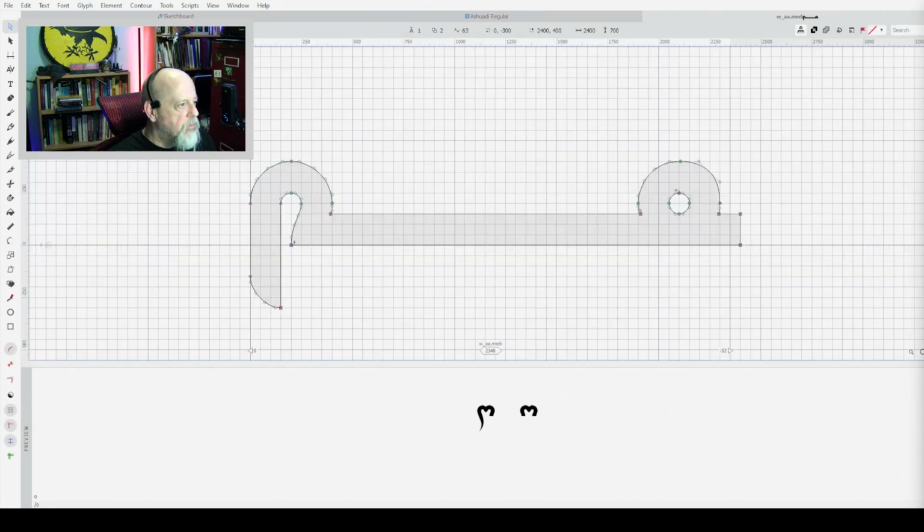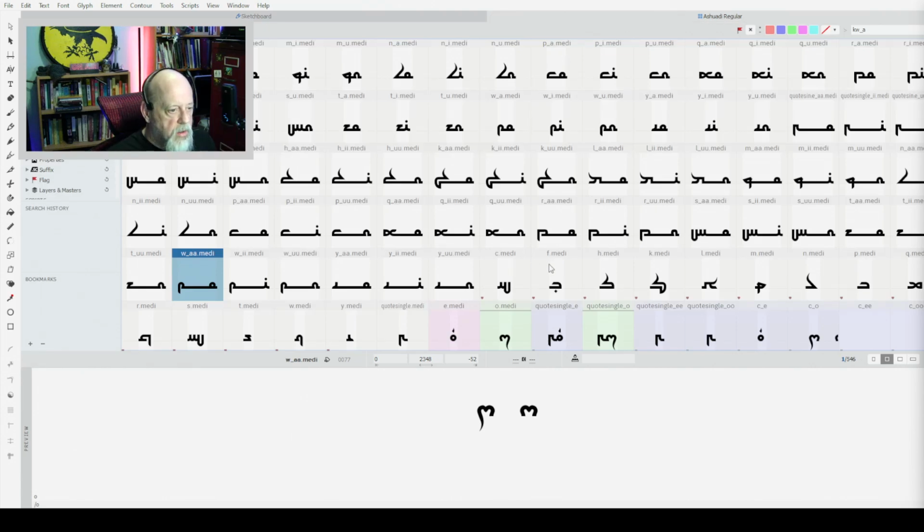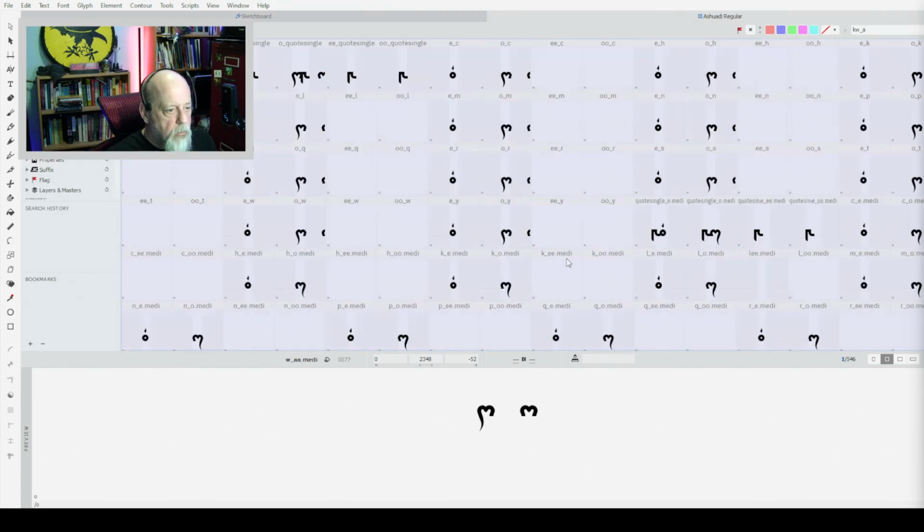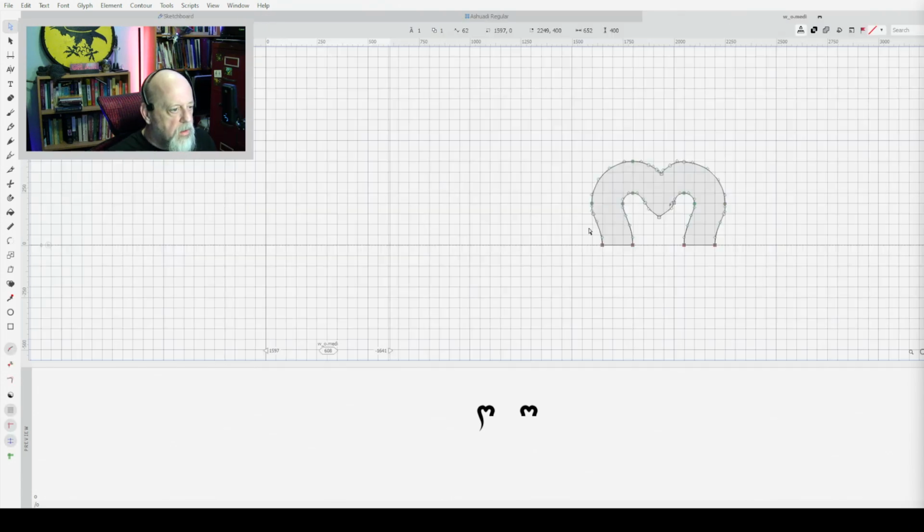Okay, so there is W. This is actually W long A, which is why it's got the long body there. But we only need that much of it. Control copy. Close, because otherwise you get buried in them. Come back down here to the one I'm working on. Control V. It doesn't paste the whole thing in there because it only copies the node lines, so I'm going to need to draw some more.